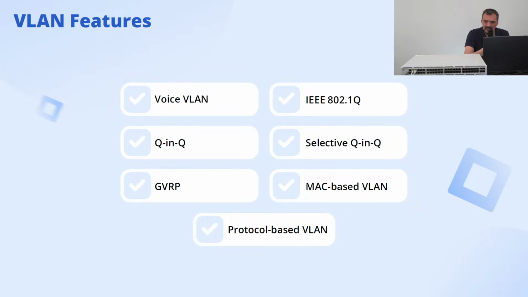Simultaneously, it can provide the QoS features at layer 2 or layer 3. Also, you can deploy a lot of ACL features out there, so you can do with the VLANs whatever you want. Also, there are some very good features like QinQ and selective QinQ, which means you can manage your VLANs freely, not only